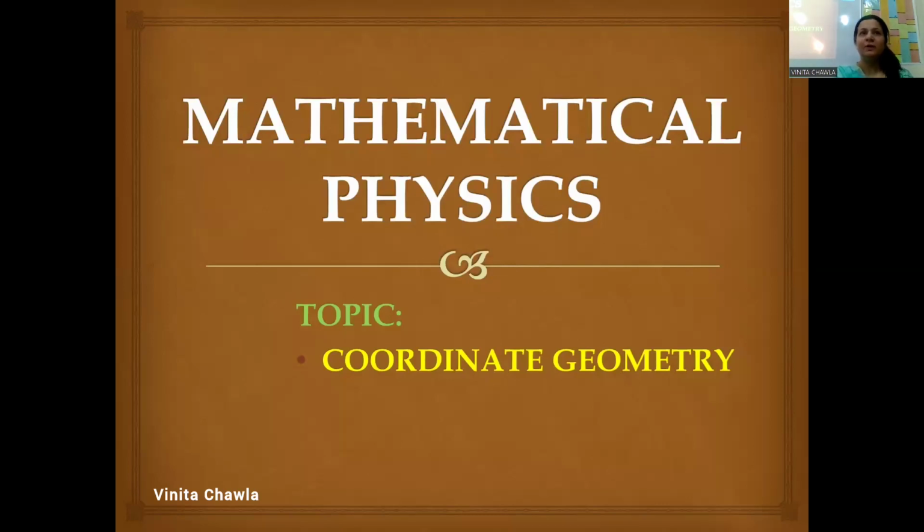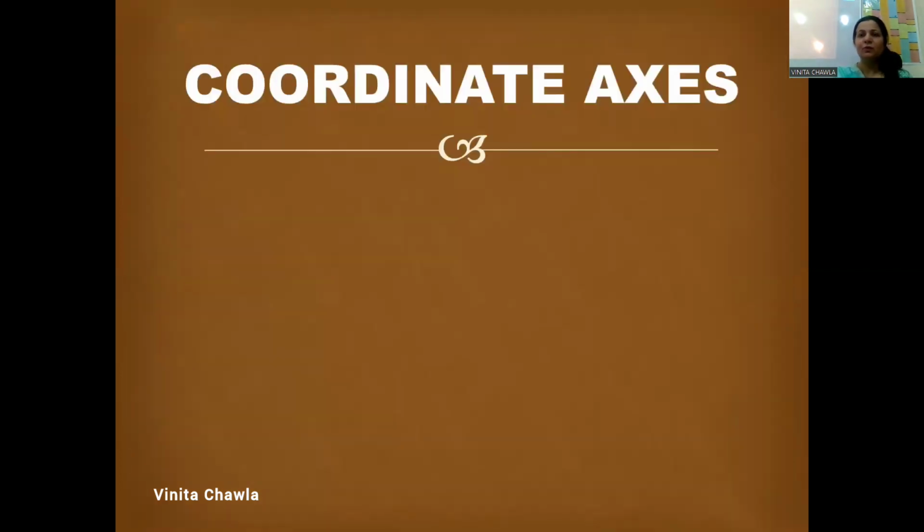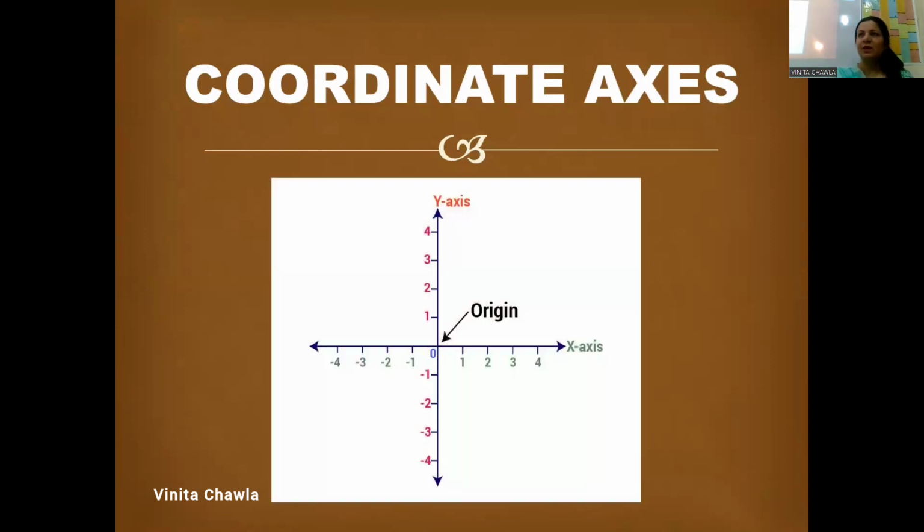Please write the topic, name of the topic, it's coordinate geometry. You have read coordinate geometry in class 9, in class 10. Okay, so we know what coordinate axes are. When we place two number lines perpendicular to each other, so this is x-axis and this is y-axis, positive x-axis, negative x-axis, and the same way positive y-axis